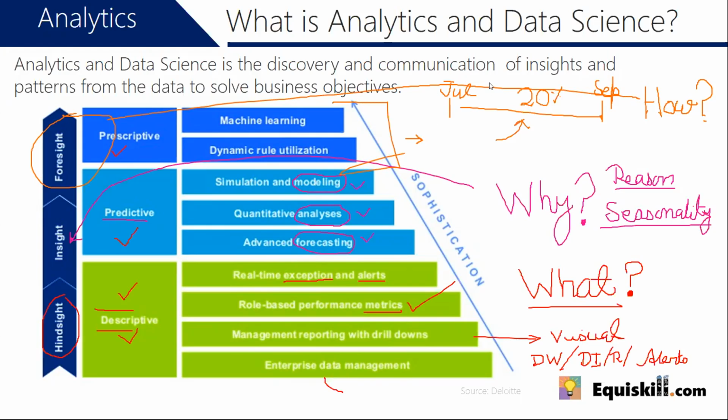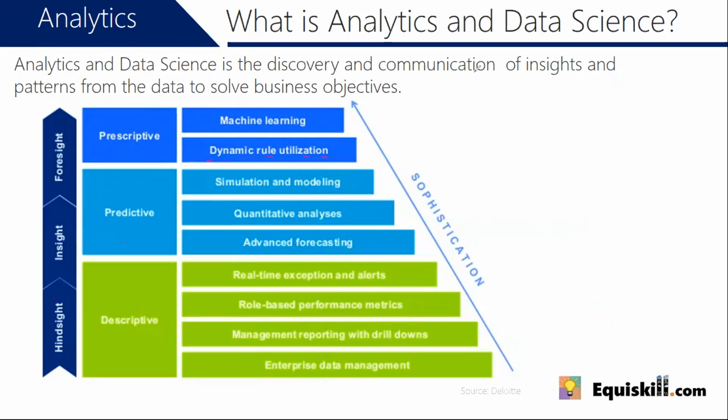in the future. Good. So now we know that the three kinds of analytics are descriptive, which is hindsight, predictive, which is having insight, and prescriptive, which is having foresight about how to proceed in a particular business scenario. All other kinds of analytics are either subsets of these or applications of these analytics with different technologies. For example, big data analytics also has Hive queries. Hive is a technology which you use to write queries in big data.